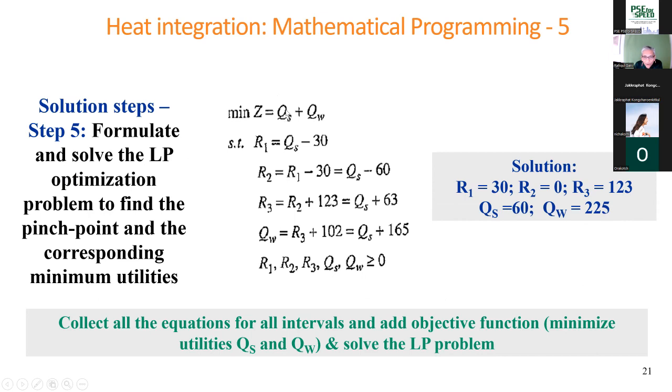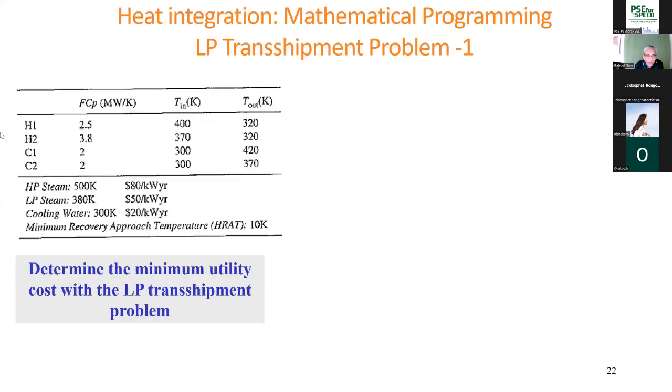If we want a cost item, then we need to reformulate this problem slightly so that we can also put different sources of energy and water. So we will look at the slightly modified problem, again with hot streams and 2 cold streams. We have a high pressure steam and a low pressure steam. They have different costs, and we have cooling water, which has a different cost. And the temperature approach is given as 10 degrees.